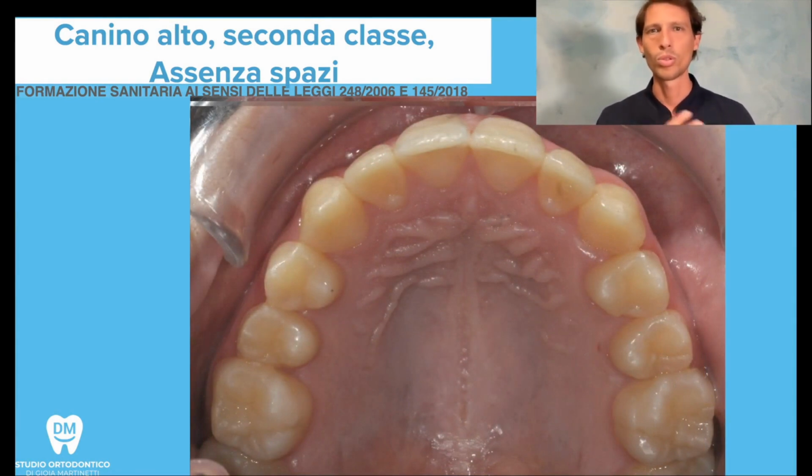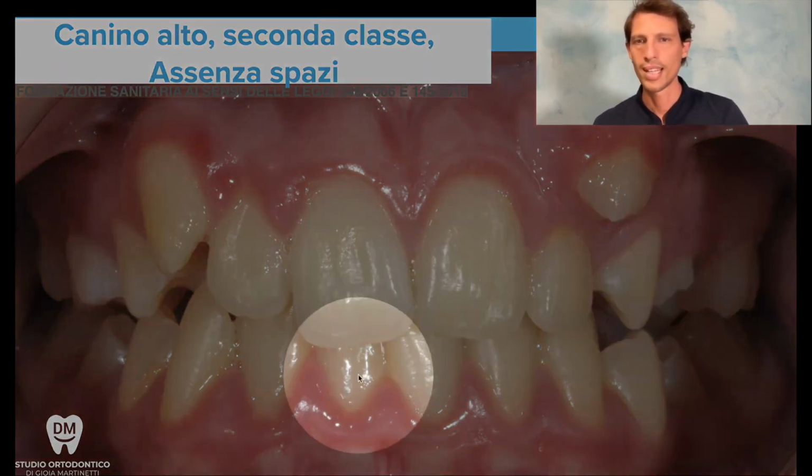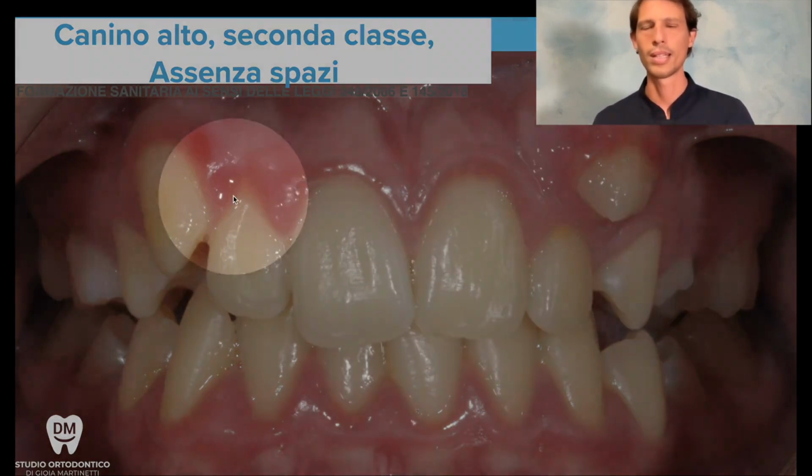So this is a huge orthodontic achievement, something incredible. And so we achieve immense changes in the smile, even for the patient, which is what matters to her. That is, from this situation with the midlines that are off-center, the canine is high on both the right and the left. Let's move on to...